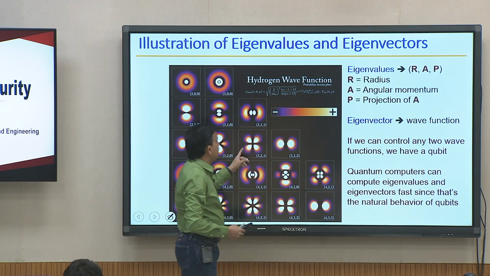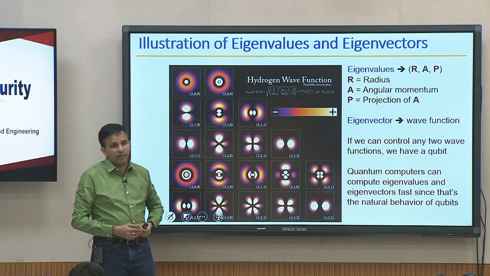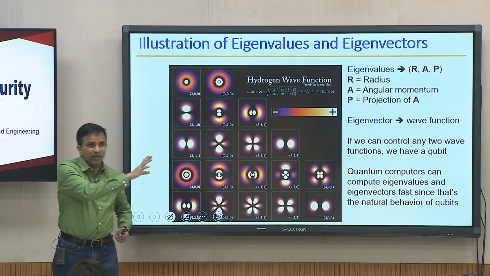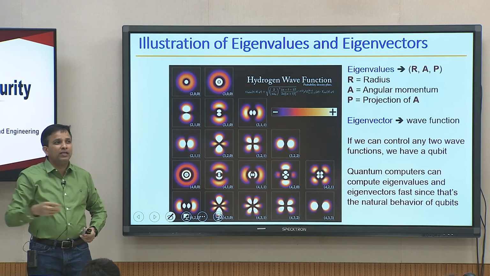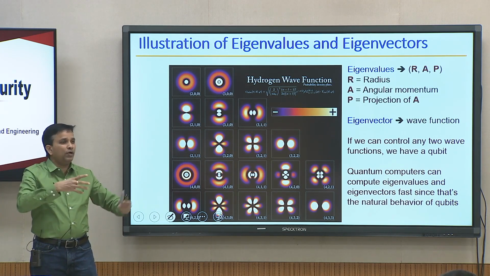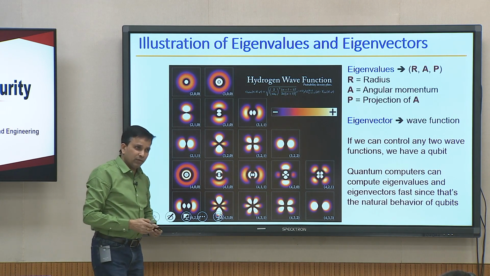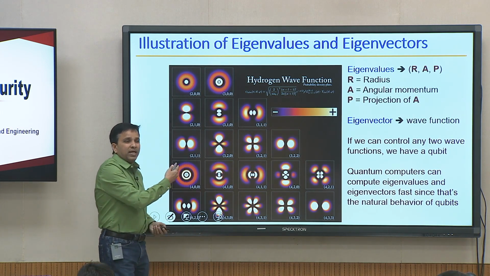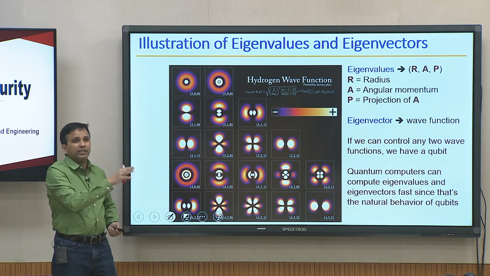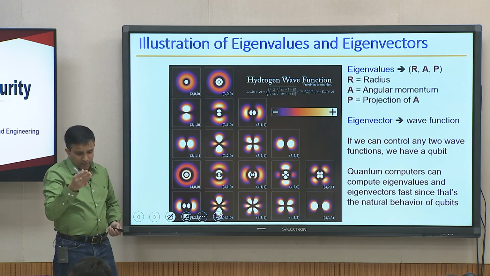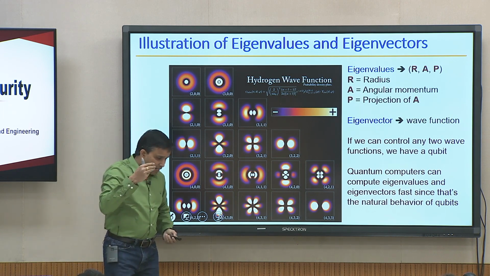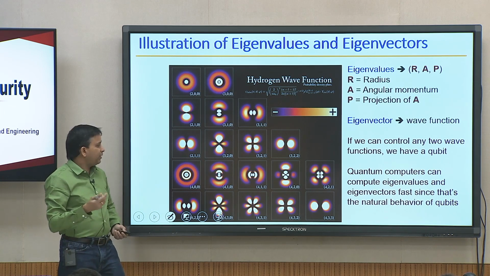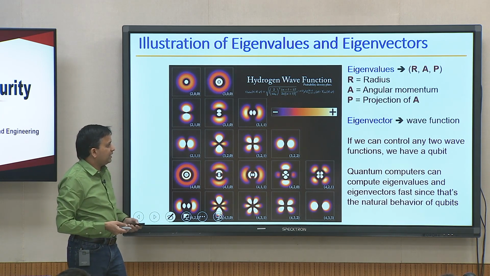If we can control any of these two wave functions, we have a qubit, that is the quantum dynamics. You take the physics and implement it in quantum computing, that is a qubit. You put a lot of qubits together, that is your quantum computer. We will talk about how to program them. Of course, nobody uses hydrogen because controlling it is actually hard. Microsoft is doing something else, IBM is doing superconducting qubits, some people are doing trapped ions, different people are doing different things, but that is the key idea.